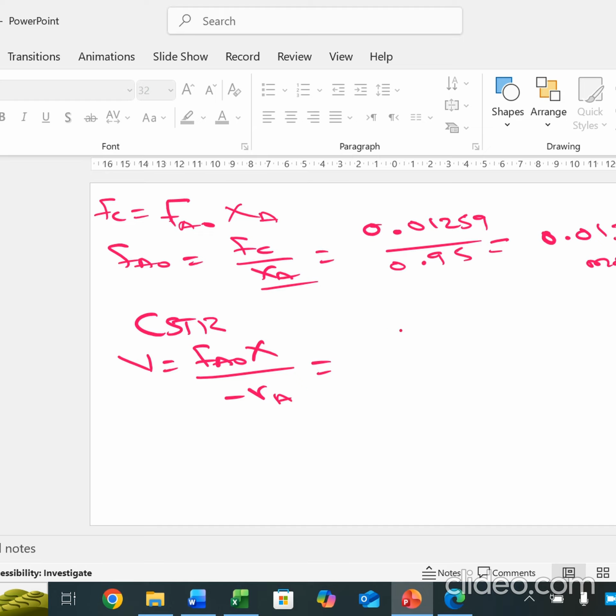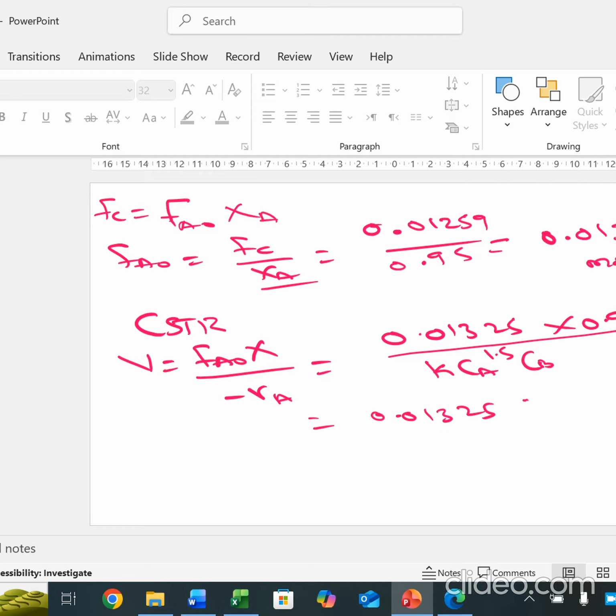So we have Fa naught equal to 0.01325 multiplied by the conversion 0.95 divided by the k, this is k CA^1.5 CB, where CB is equal to CB naught. So when we evaluate that, we are going to have 0.01325 multiplied by 0.95 divided by 9.86 exponential minus 4 multiplied by